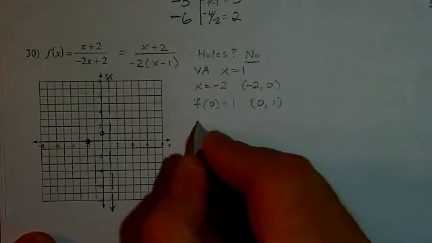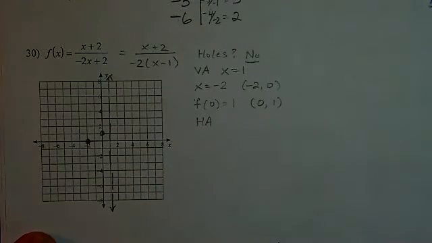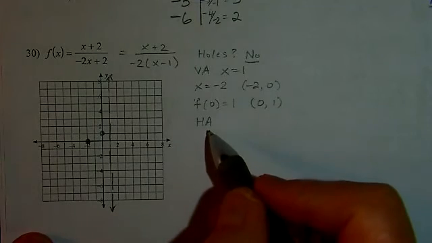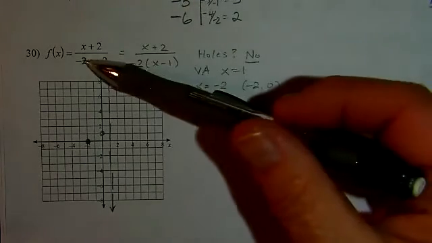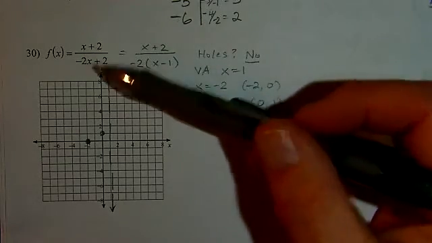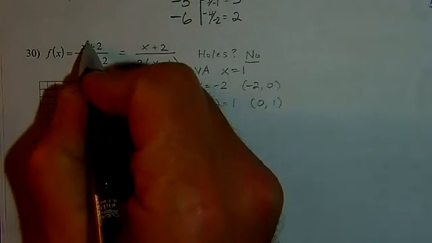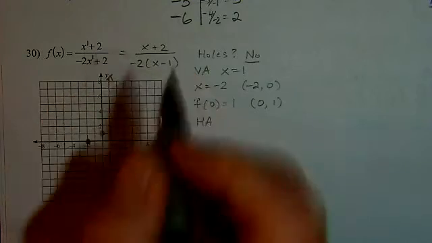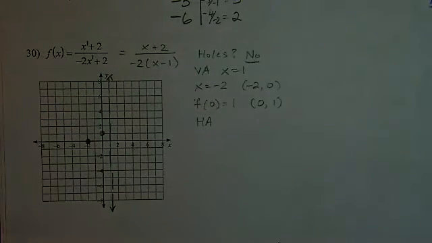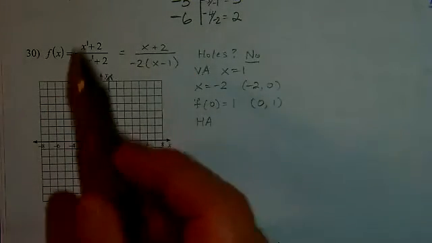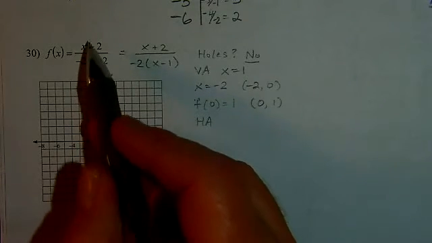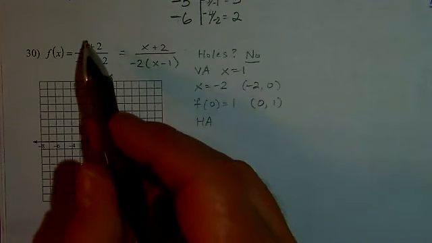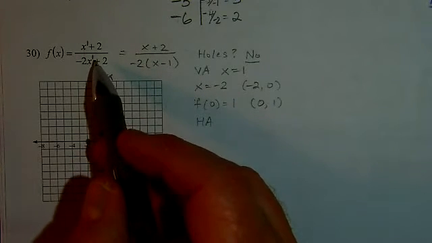The last thing we want to check for is the horizontal asymptote. This is the one that's the most complex. But there's really only 3 situations you need to check for. And basically it boils down to looking at the degree of the numerator and the denominator. So what we're checking is, what is the highest power on the polynomial in the bottom and top of the fraction form. Since the degrees are equal, they're both powers of 1 here, then the situation